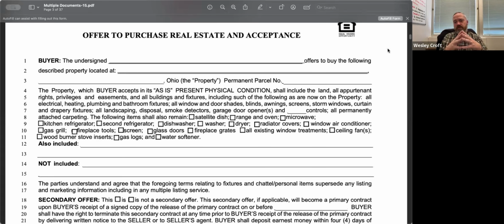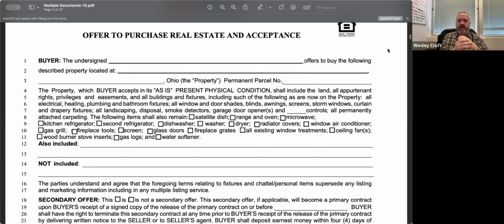Make sure that you are very clear with the expectation that you set with the buyer on what all is staying. If there is anything that is unclear, please reach out to the listing agent and say, hey, I've got a question about this. What's going on here? I will tell you from personal experience, one of the biggest issues that I see is around the curtains, the curtain rods, the blinds, those sorts of things, all that is very clearly spelled out